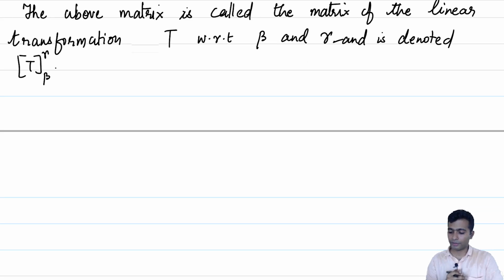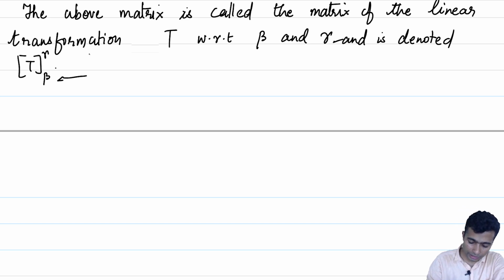Okay, so we have defined what the matrix of a linear transformation is when the coordinate bases of the domain and the range are specified. Remember that there is this dependence on beta and gamma extensively. This matrix will not make sense if we don't mention what the coordinate bases are. So, let us look at a couple of examples.